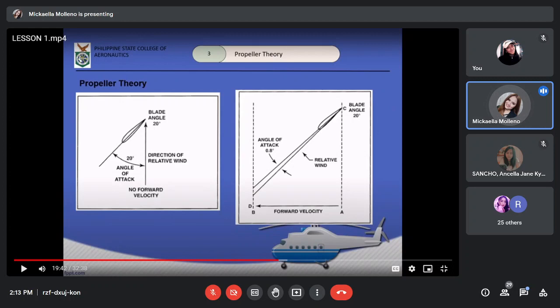So, nagets naman ba yung idea dun sa picture? Kasi, di ba, we represented it as vectors na sa triangle. Diba? So, kung nagiging same siya kapag wala tayong forward velocity, kasi exactly yung axis of rotation, same siya sa direction ng ating relative wind. So, nagtatapat siya. So, kapag naman meron na tayong forward velocity, mag-move siya kasi magkakaroon na siya ng leg dun sa baba. Diba? Always see it as a triangle, guys.